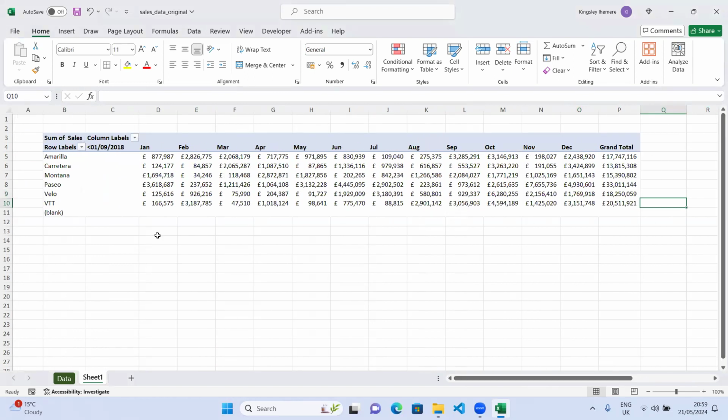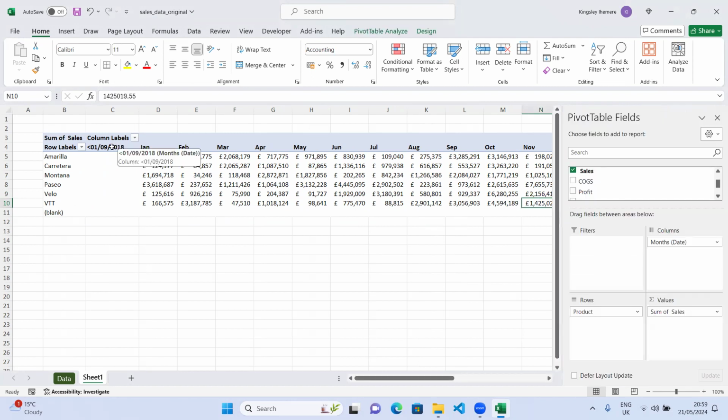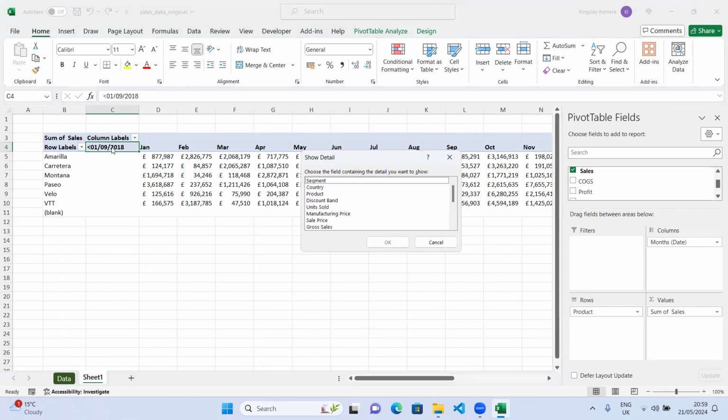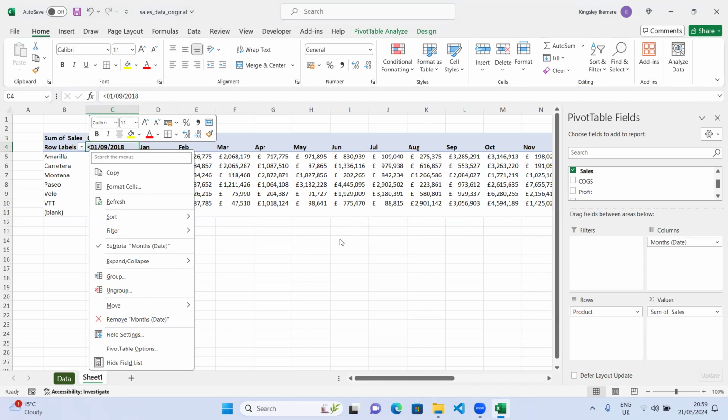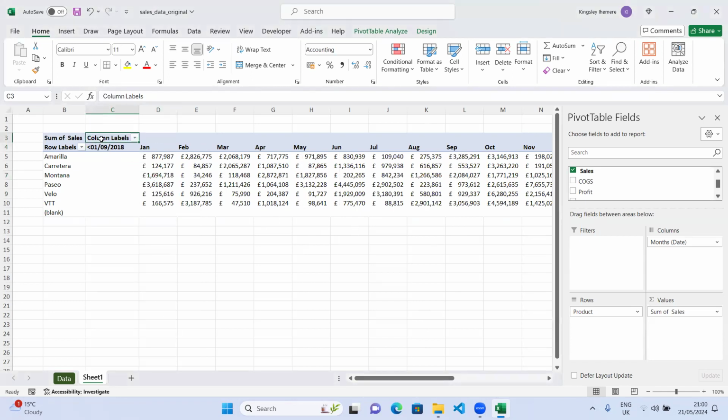So I click out and then I have this. All right, so let's click in. Now this, I don't like this. So let's see, what can we do there? All right, so we can't do anything at this point. But we can change the column label. What I do with column label, I will just remove it completely,